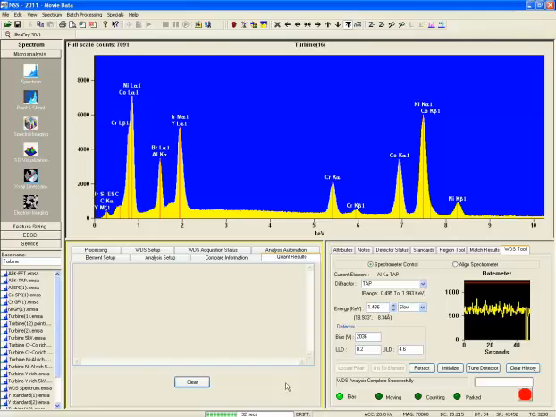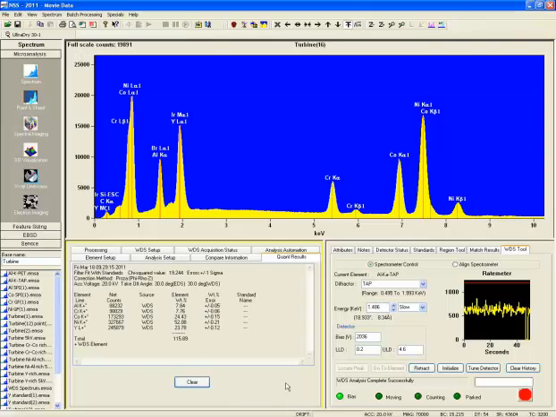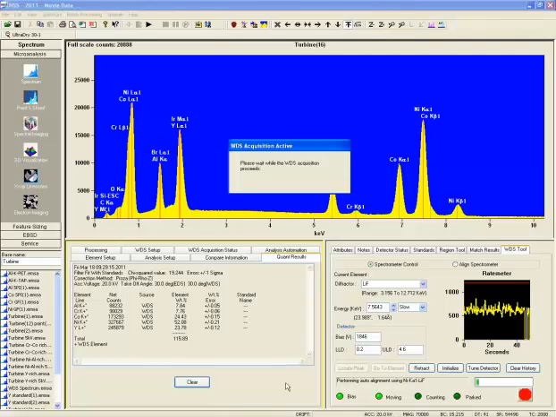It is possible to use the analysis automation or the stage automation to predefine any number of points that the user would like to collect for the sample. A typical series of options is to select a grid of points, for instance, on any number of samples or any number of regions within samples, to collect a statistically significant number of different analyses to make sure that any one quantification value that is performed is consistent with other quantification values in the sample, and that you're really analyzing the composition